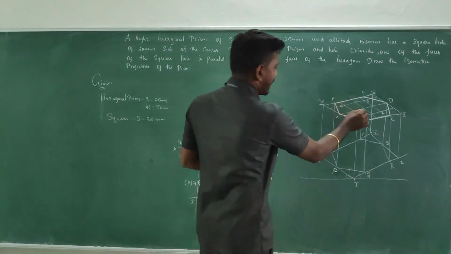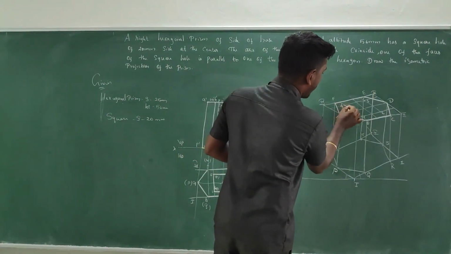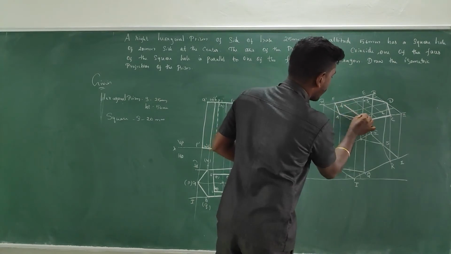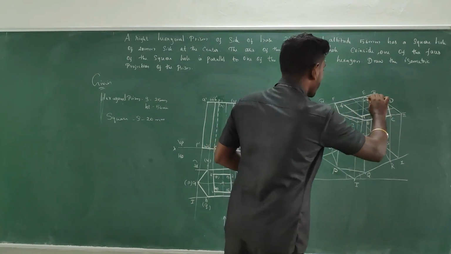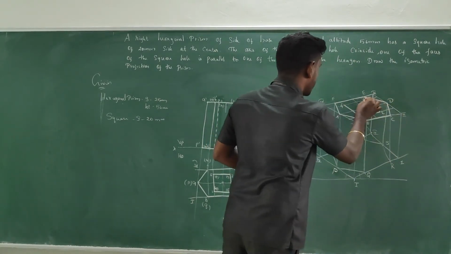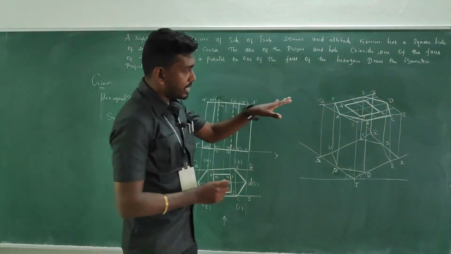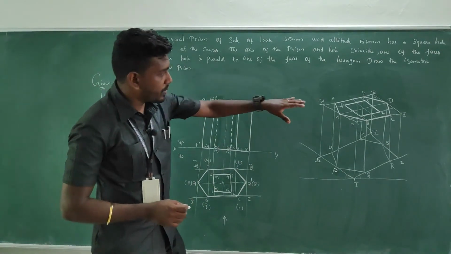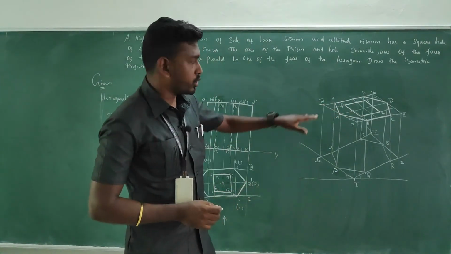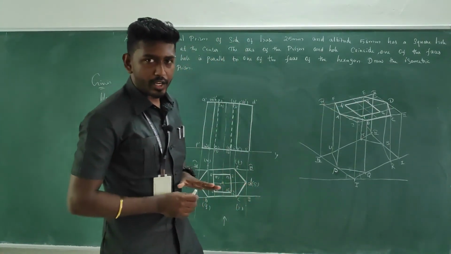Okay, and there is a square hole. For this square hole, the edges 4 to 1, 1 to 2, 2 to 3 and 3 to 4 form a dark line. All the other lines are construction lines, so they should be very thin lines. Only the portions which I have shown should be dark.